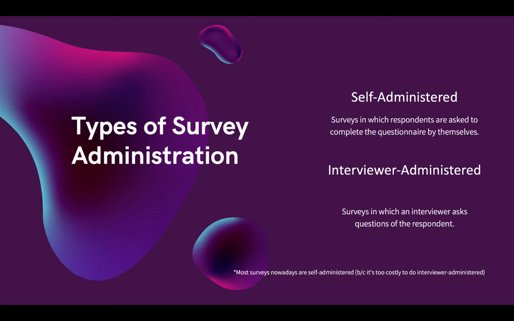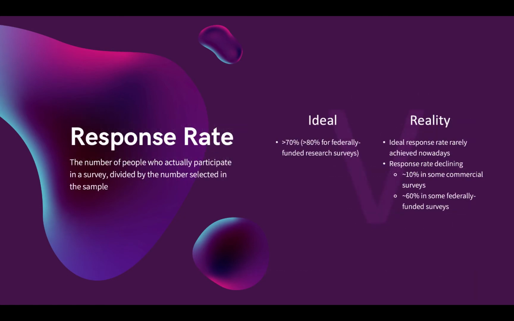any day, any time. A key aspect and sometimes pitfall of survey research is response rate. So response rate is the percentage of people who actually completed the survey out of the total number of people who were selected in the sample. The ideal response rate is over 70%. For many of the federally funded research surveys like the Census or the American Community Survey, we're looking for something around 80 or 85% response rate, meaning that 80 or 85% of those people selected in the sample actually responded